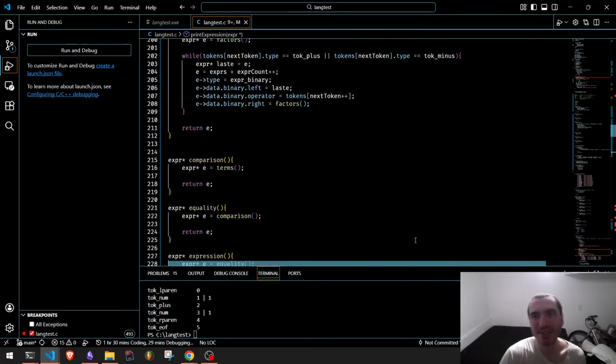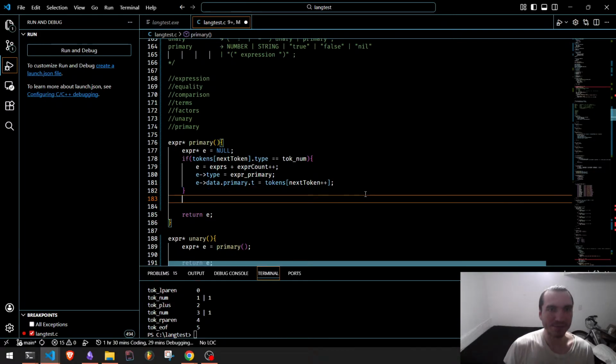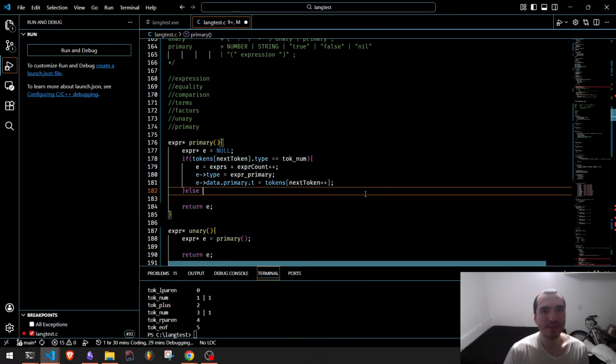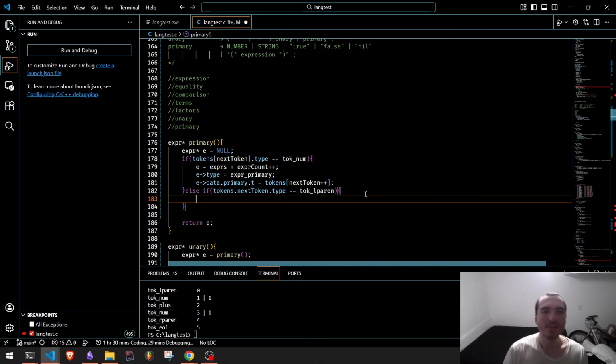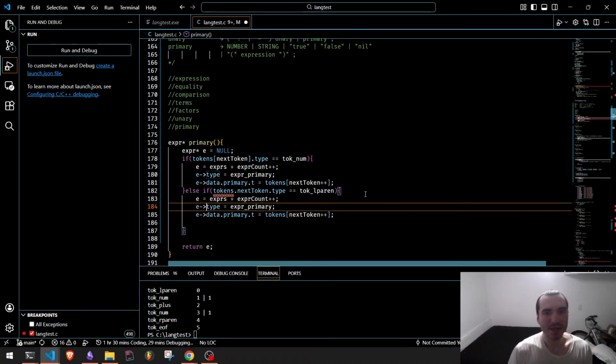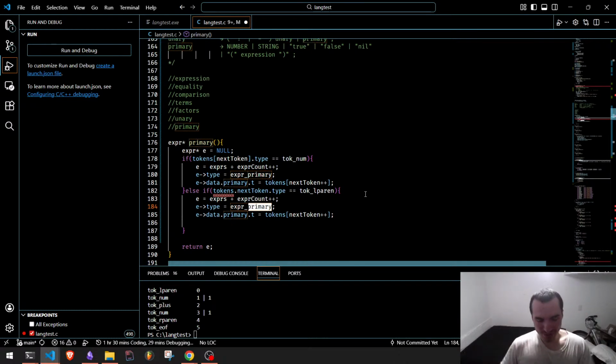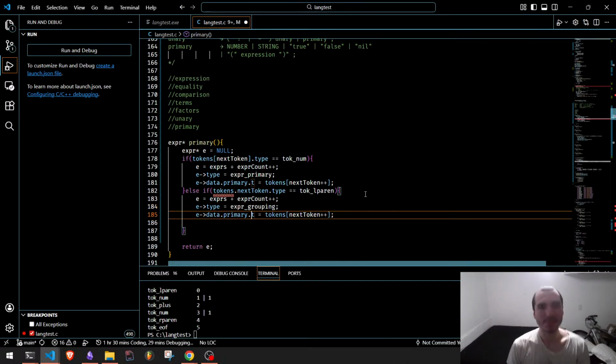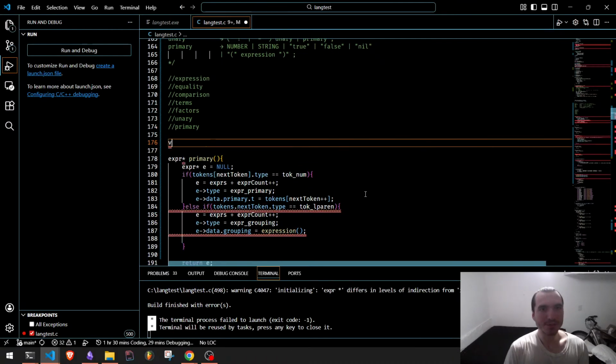So now we need to handle parentheses. And we'll do that with, just do else if tokens dot next token dot type equals token left parentheses. Then we'll do all the same stuff. We'll allocate an expression. The expression type will be a grouping because we want to group together these variables. Primary T E dot data dot grouping equals expression. And we'll just recursively call expression again. But of course we need to forward declare it. So we'll do expression